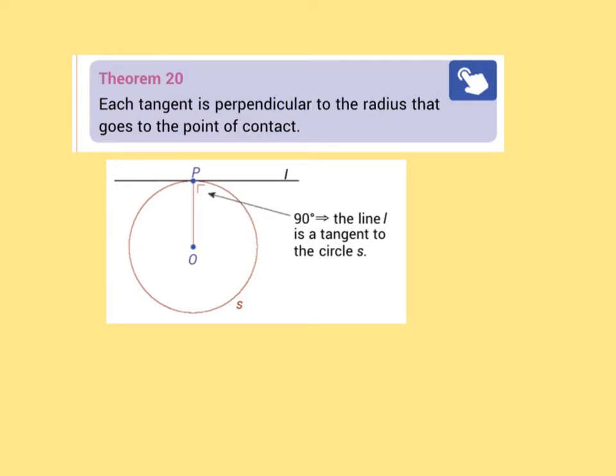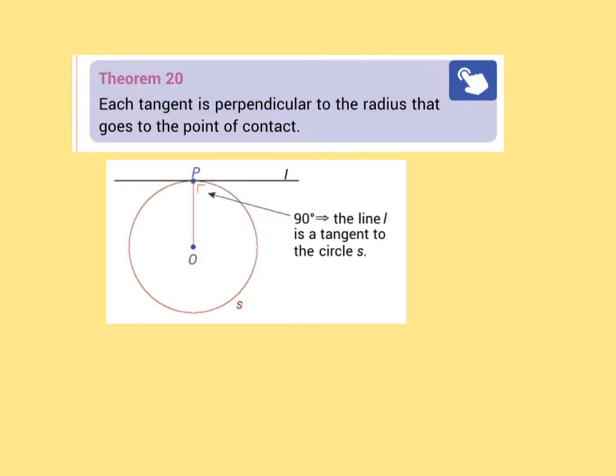Okay, so the first one of the last terms that we need to know in relation to the circle. Each tangent is perpendicular to the radius that goes to the point of contact. So you can see here we have a tangent L, and then we have O, P is where the point of contact is between the tangent and the circle. If we join a line from the radius to that point of contact, it will always give us a 90-degree